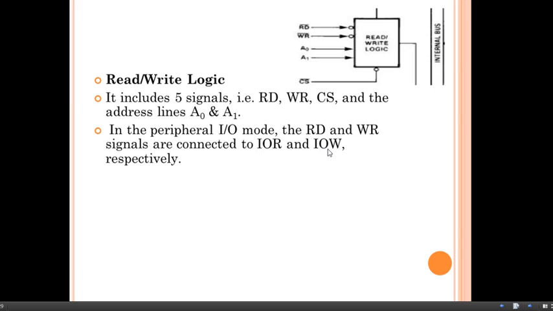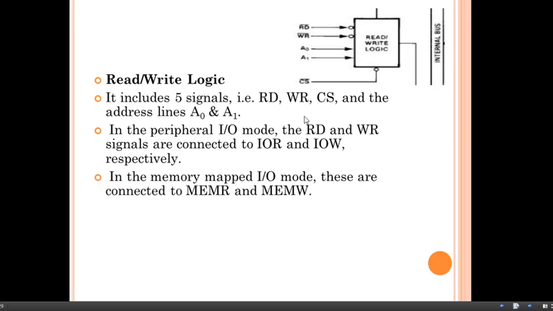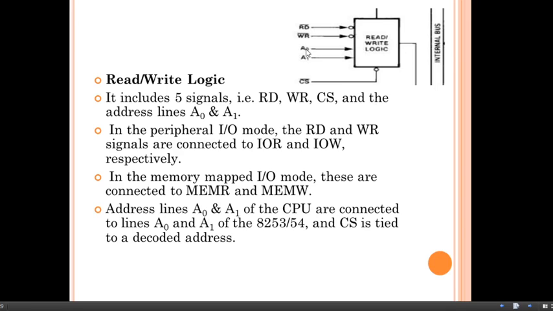In the peripheral input-output mode, the read and write signals are connected to input output read, IOR, and input output write, IOW, respectively. And in case of memory mode, the read bar is connected to memory read, MEMR, and write bar is connected to MEMW, that is memory write. These address lines A1 and A0 of the CPU are connected to